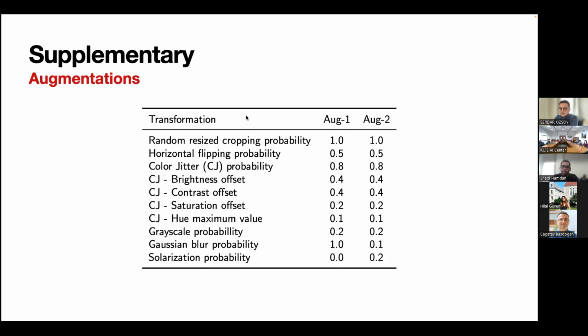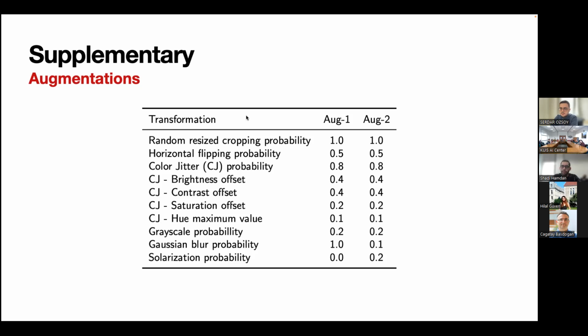Unfortunately, we didn't do extensive ablation studies on this. We did some. I think Shadi did some grid search with the augmentation parameters. But what we found is that changing the augmentation really affects the performance a lot, which is, I guess, in some sense expected, because what you're doing is you're changing the image in two different ways, and you're saying, you know, these images still should be considered the same.